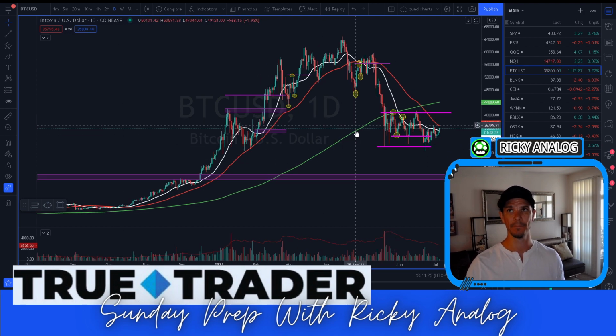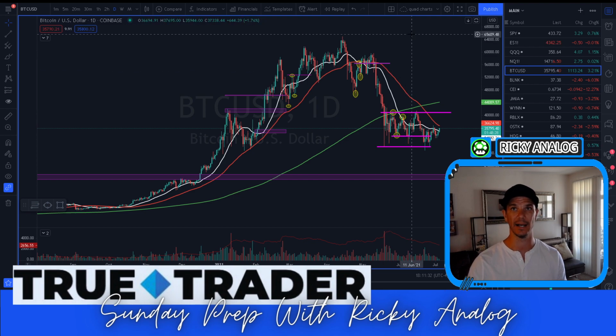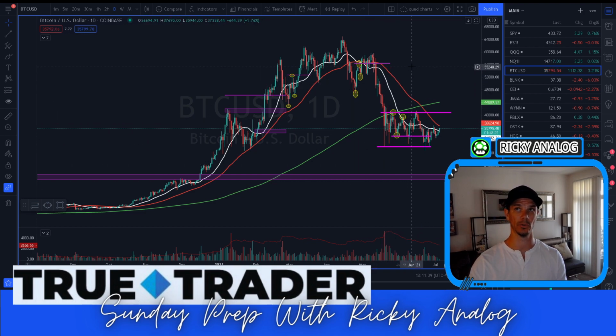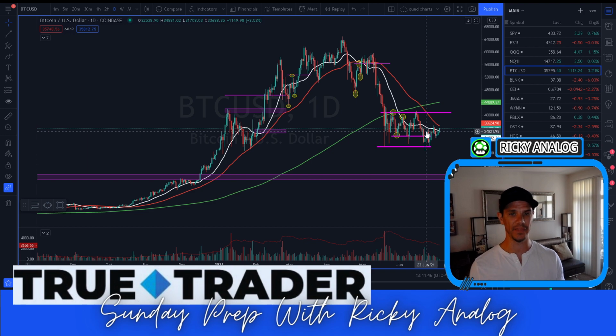And honestly, if we had had this pullback and then bounced immediately, I would have said that there's no way this is going to go back to highs or continue an uptrend. I would think that any bounce that happened right away was going to be a short if we had to push back into that 48 to 50K level. But we didn't. We've just kind of channeled sideways, and I think this is healthy. I think the longer we go sideways, the longer we build this base, the healthier this gets. And then we can actually talk about the possibility of maybe this uptrend continuing eventually.